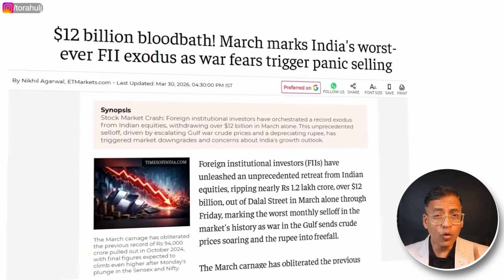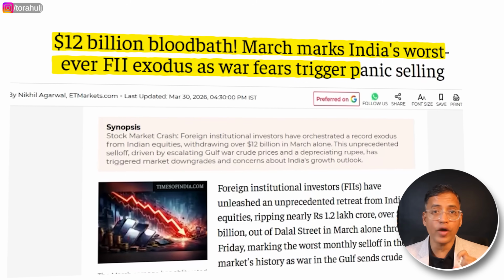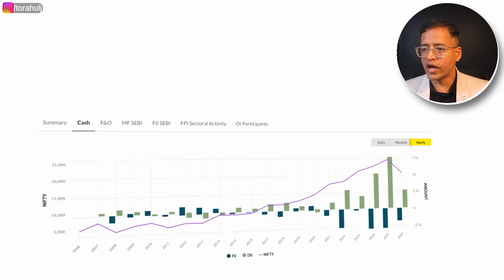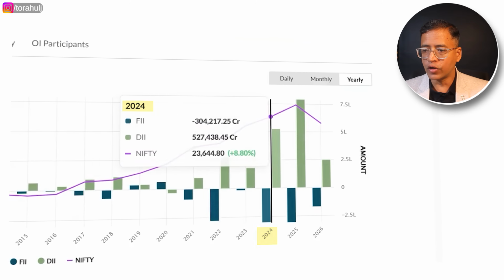Having said this, there are a couple of risks that you need to be aware of. Number one risk is FIIs' risk. What you note is that around $12 billion of bloodbath has happened due to FII selling, right? Let me put this in perspective. If I show you the yearly data for FII selling, what you note is the last 3 years, 2022, 2024, 2025,